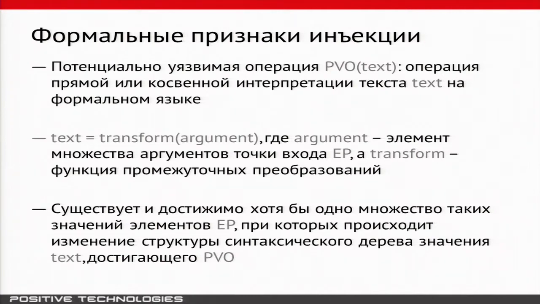And this text is a result of transformation of an argument at the entry point that came from the outside. In case of a web application, it is an HTTP query. And the transforming function is a number of all the functions that our argument transforms on the way. And the sign sounds as: at least one element which changes the structure of the syntactic tree of the value of